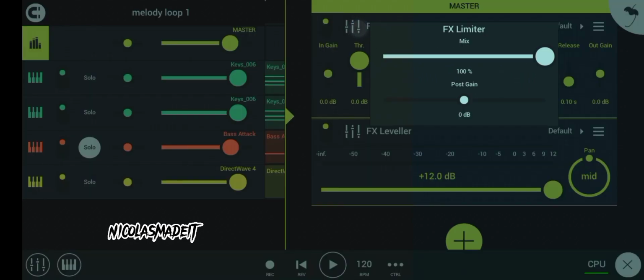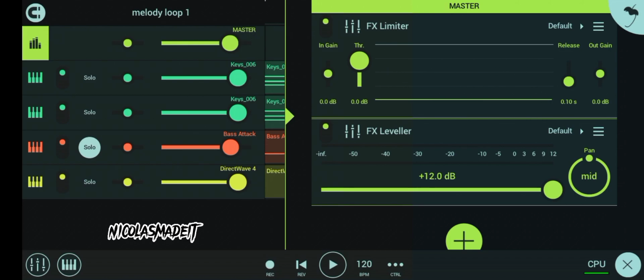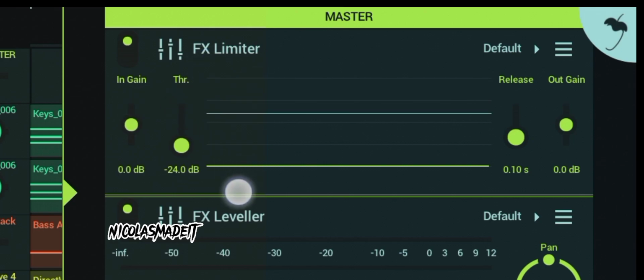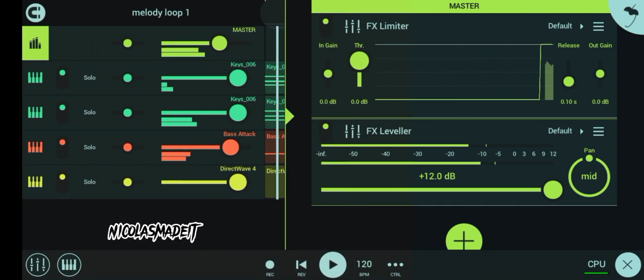Basically, when it comes to the FX Limiter, we have only four important things. We have the in gain to increase the volumes, we have the threshold to cut the sound, we have the release to make it hit for a long time, and we have the out gain to cut the higher sound that hits through the mix. So let's just